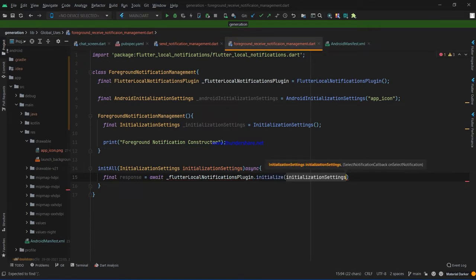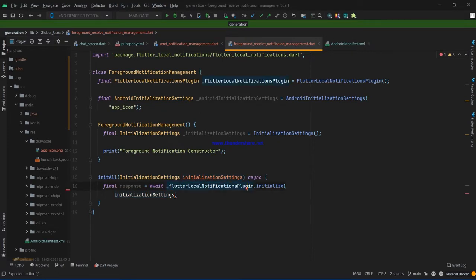Okay, and then the initialization settings we made, and you can see that initialization settings we made as a formal parameter. Okay, and then, okay, so it looks good. So there will be some other parameters as well. On select notification, and there will be a payload. That process will be asynchronous.